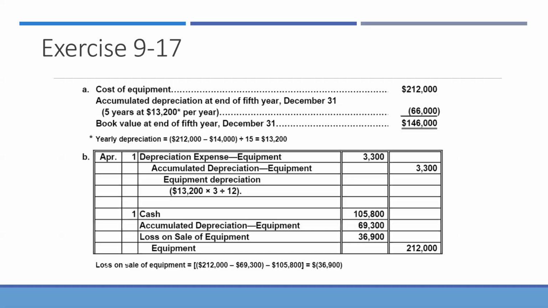So we're going to move a little quickly because we do have a lot of slides today. The initial cost of the equipment was $212,000, and at 5 years, the depreciation each year was $13,200 because that is